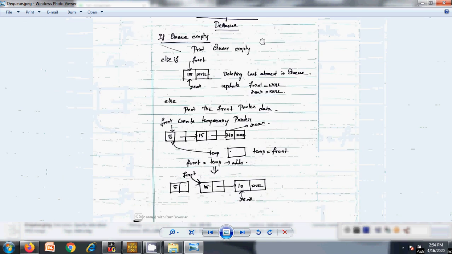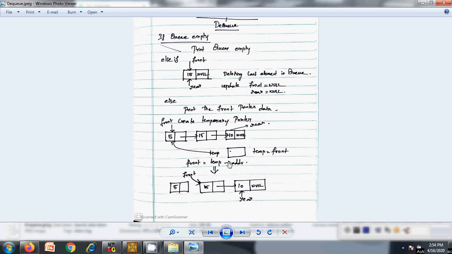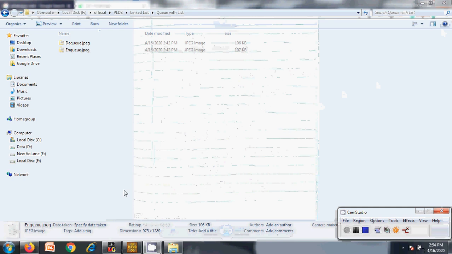You want to check whether the queue is empty, or else whether you are going to perform deletion of the last element in the queue, or else you are going to perform a normal deletion, right? So all these three cases need to be taken care of. So this is the NQ and DQ process of the queue with the implementation of list.